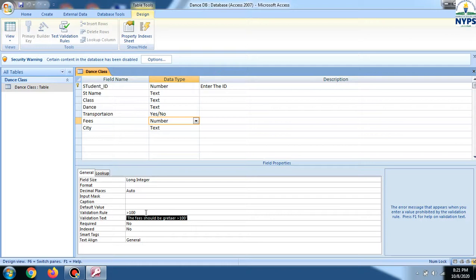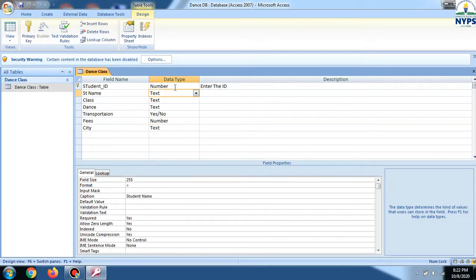So here is your design view where you can use all these things. Now, how to save and how to close the table. We have saved this table automatically. See, while you are changing the structure, like changing the data type or putting some field properties, every time you have to save the table.